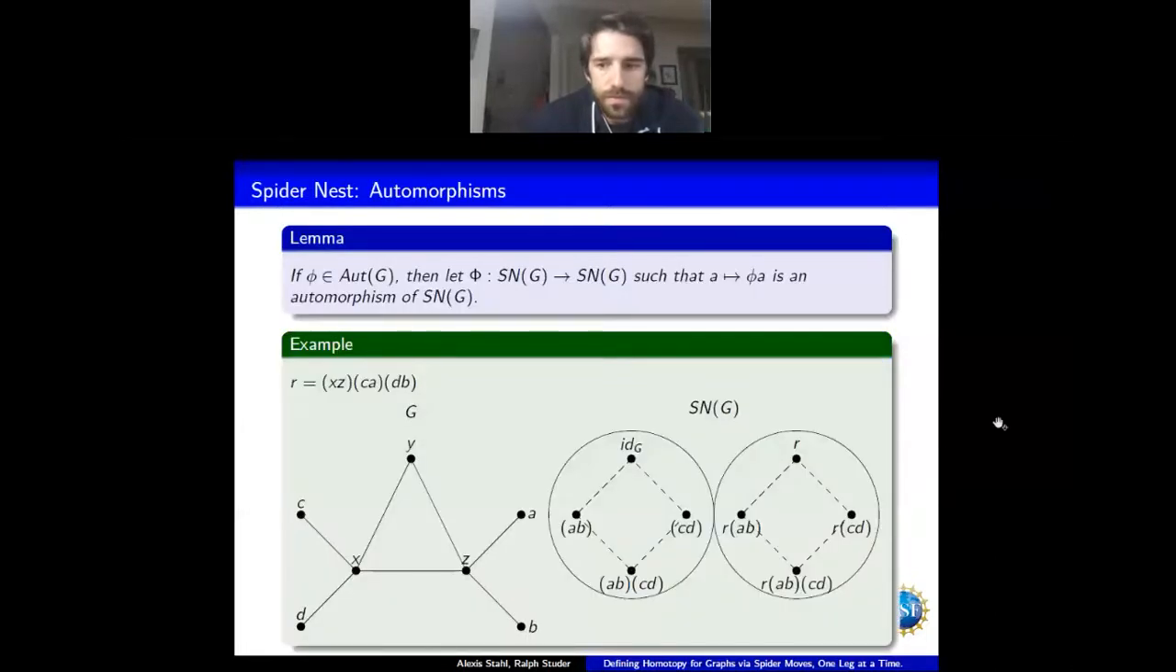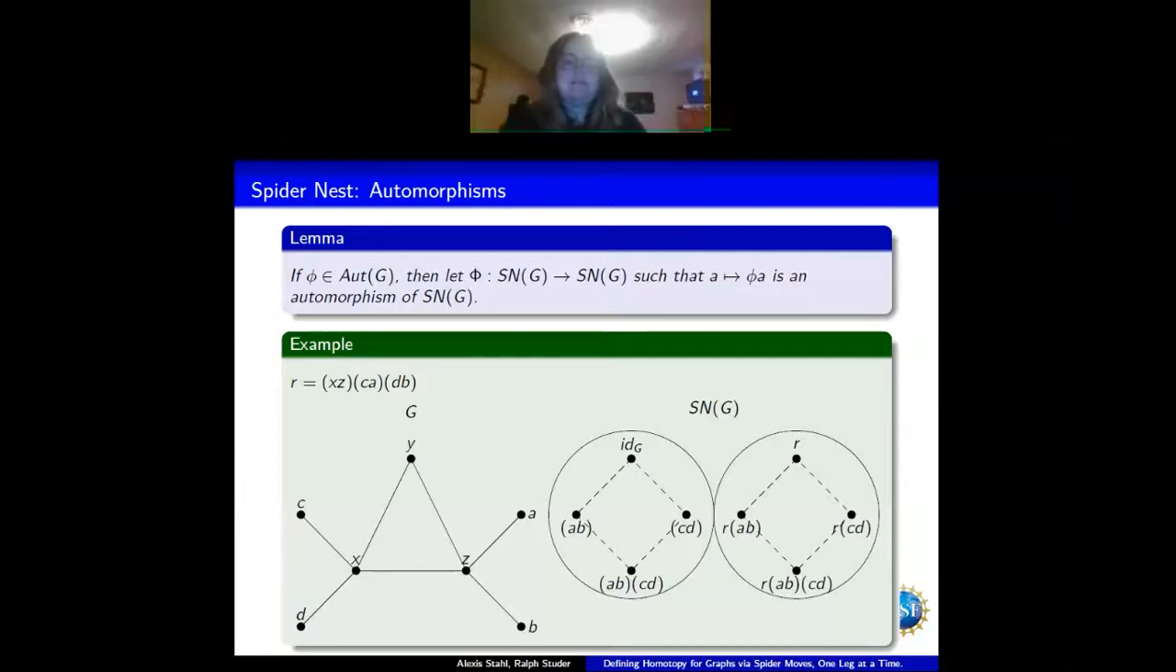So the first thing we looked at to look at that big question is if we have phi from spidernest G to spidernest G, is it an automorphism of the spidernest G? So here we have our graph G, which is just our graph with the antennas, and we have the spidernest. So if we were to take like the automorphism CD and compose each of these automorphisms with it, you